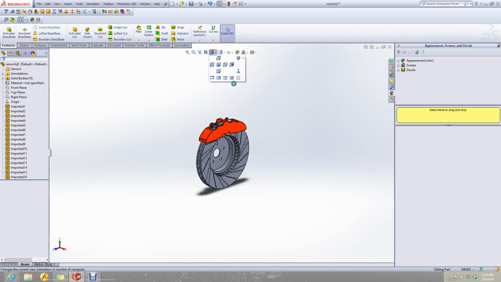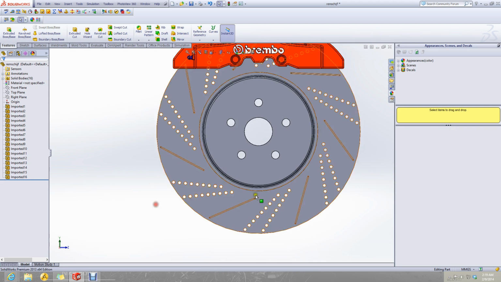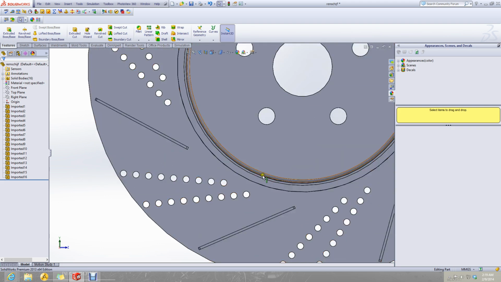Okay, now let's see the orientation of these holes with respect to this circle.